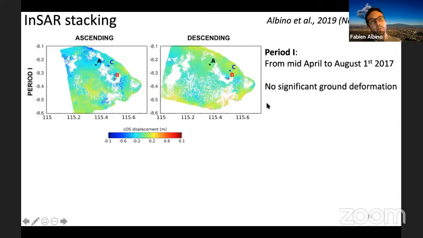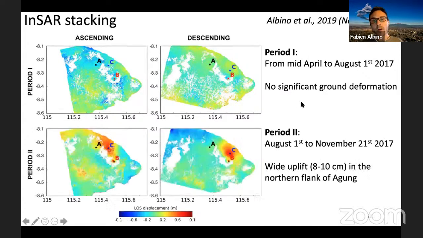So now we did some stacking of the corrected interferograms after we removed the atmospheric signal, and we look at two periods. In the first, from mid-April to August, we see no clear ground deformation on the valley. Whereas in period 2, between August 1st and November 21st, during the seismic crisis, you clearly see a positive displacement, an uplift of the flank of the volcano in both ascending and descending. So we are quite confident that this is a real ground deformation signal, a wide uplift of 8-10